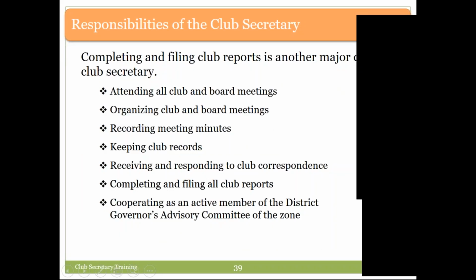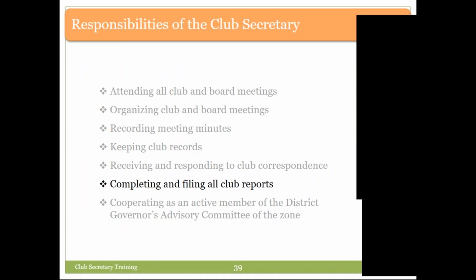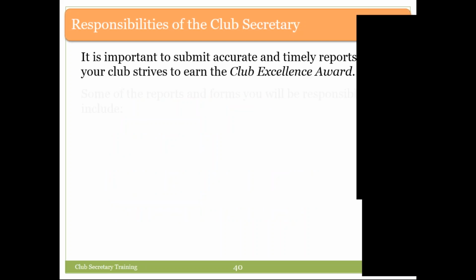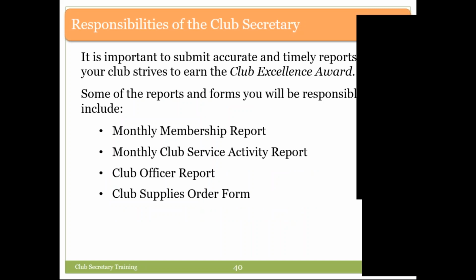Completing and filing all club reports. Very important job. It's important because timely reporting is what earns the club a Club Excellence Award at the end of the year.